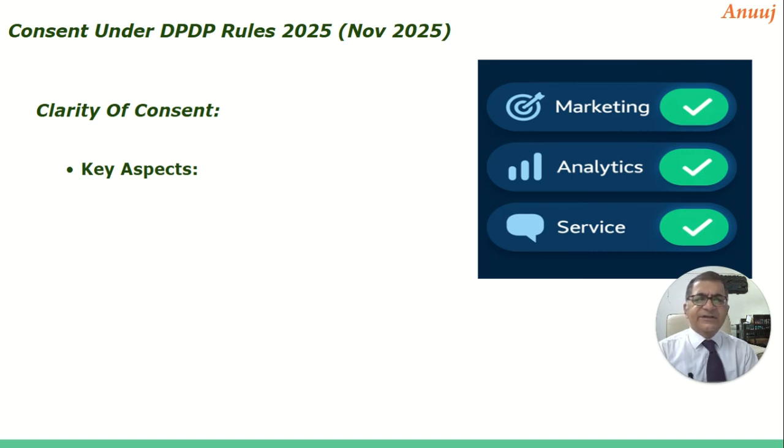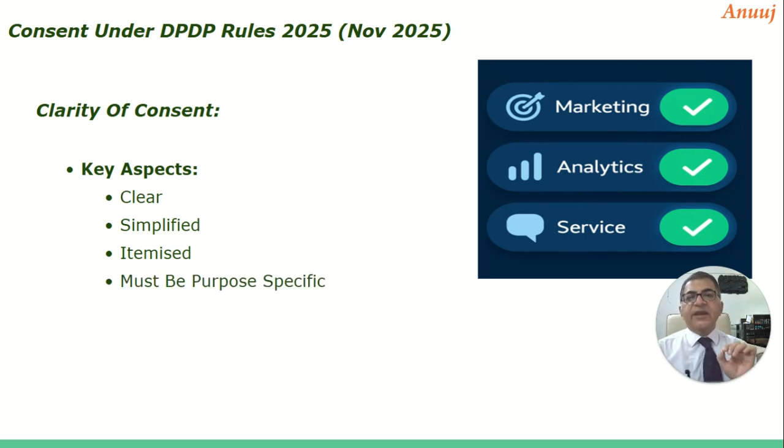There has to be a clarity of consent, so it could be granular. I'm taking your phone number, I'm taking your address, I want your health details. What for? I'll market my health related products to you, I'll analyze your data and predict disease for people in your area, or I'll provide you better service with this data, or all of them. So it should be granular. The user should have the right to choose what all he wants to take as a service, and that's what the DPDP rule says: clear, simplified, itemized, which I termed as granular in my speech.